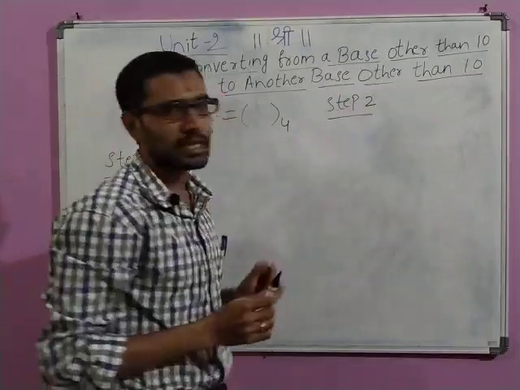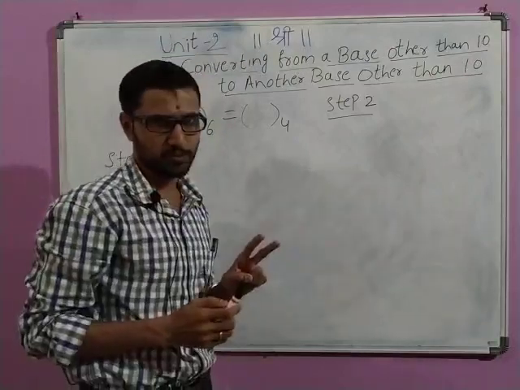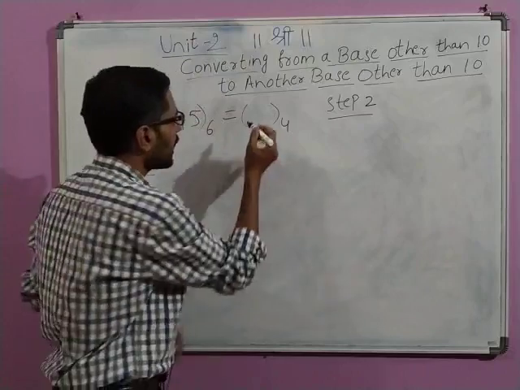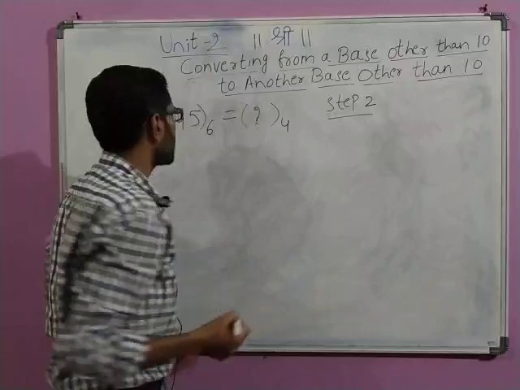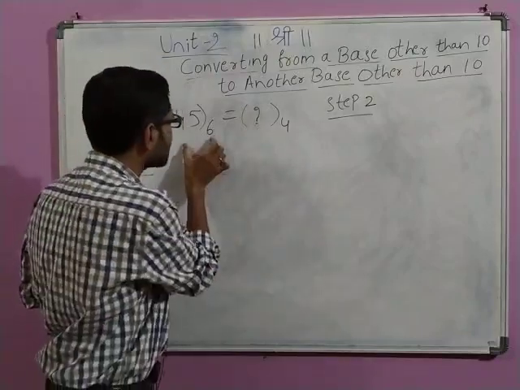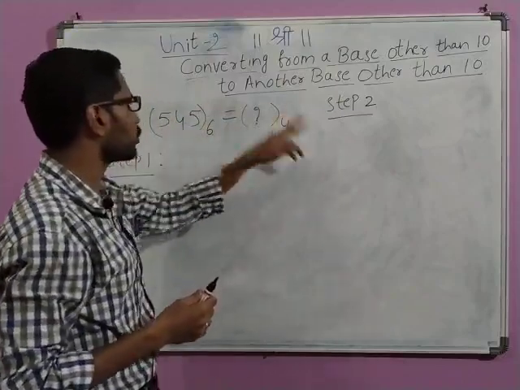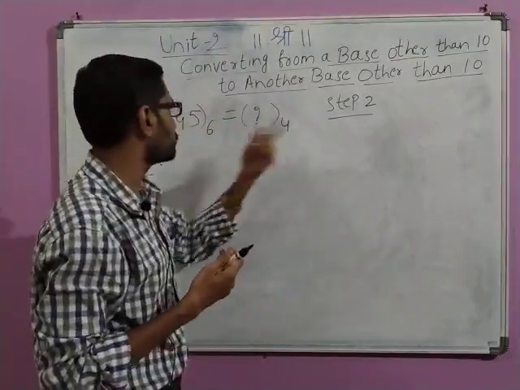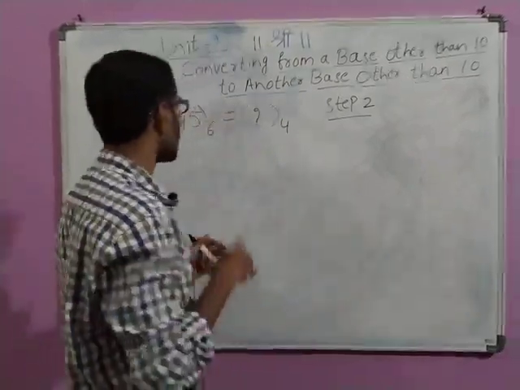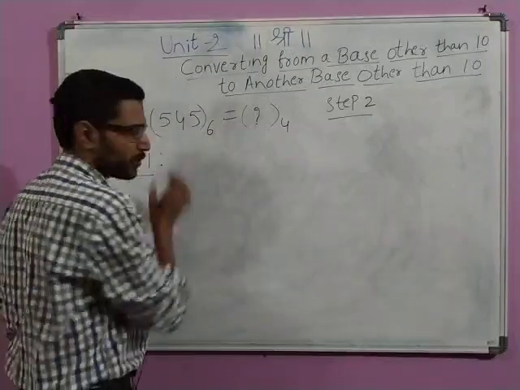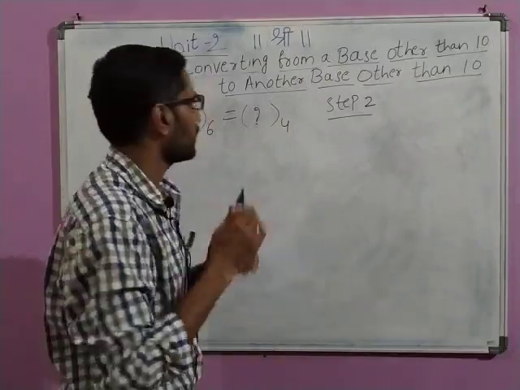I hope this is clear to you. So how to convert this? For this we have two steps. Let us take this example and follow the two steps so that you can understand it. The first thing to understand is that converting from base 6 to base 4, or base 4 to base 6, or from binary to octal, or from binary to base 5, is not directly possible. For this reason, what we need to do is take the original number and convert it to a decimal number.